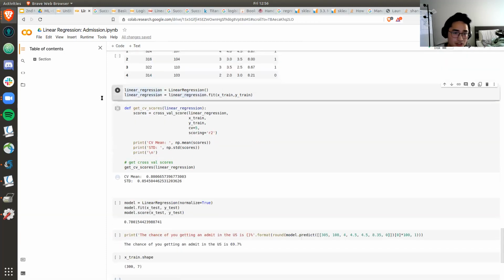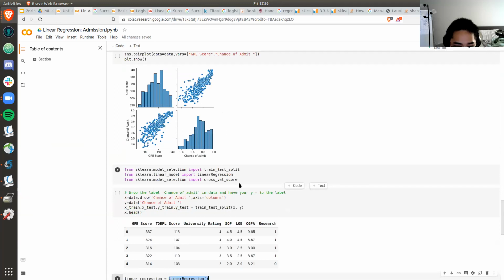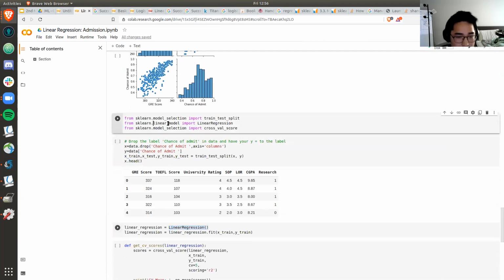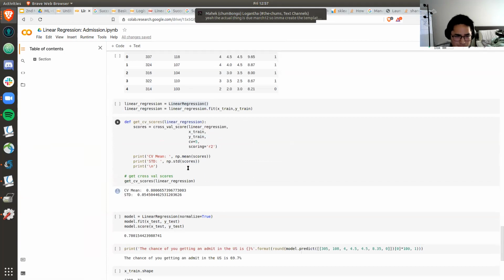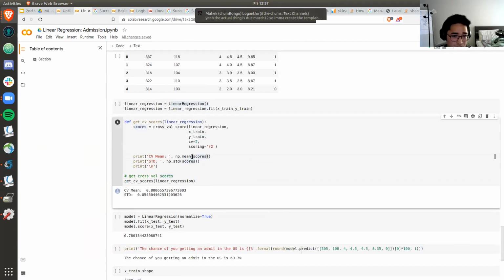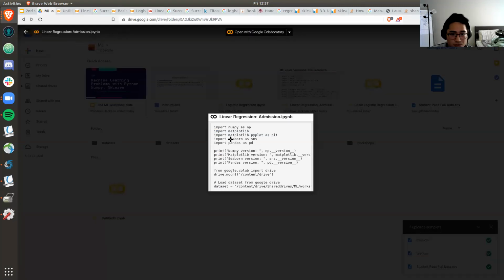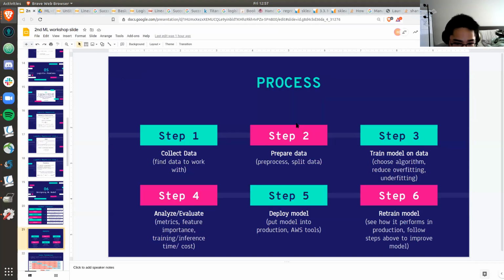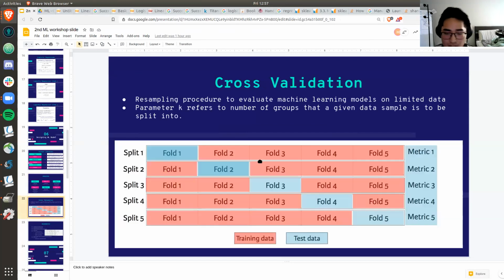Now, for the linear regression, you're just defining your linear regression model from sklearn right here. We already imported it from sklearn's linear_model. So linear_model is basically all the linear regression models that you would find in this specific library. But another important concept, which is really important when you have a limited amount of data, is the cross validation score, which I will show you what it means. So here it is.